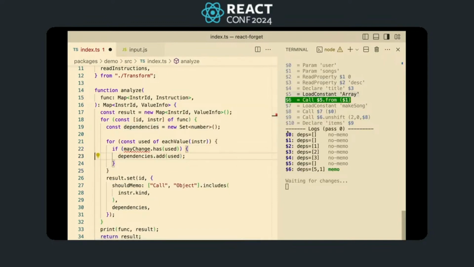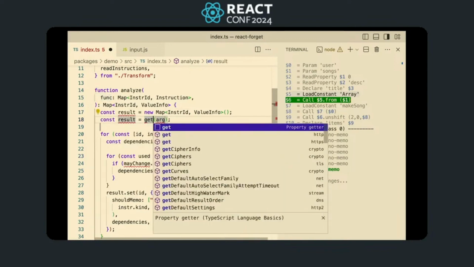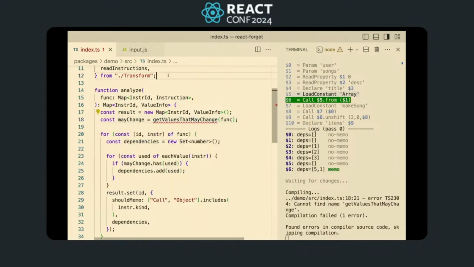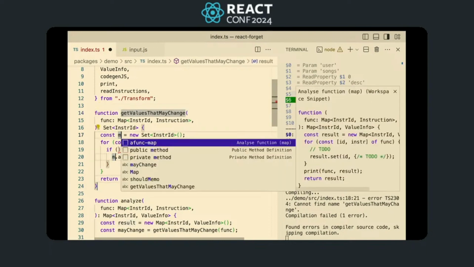And now let's write a helper function to compute what might change. Get values that may change, passing it function, and returning may change. And now we actually need to write this. So it's a function called get values that might change that consumes instructions and returns a set of instructions that